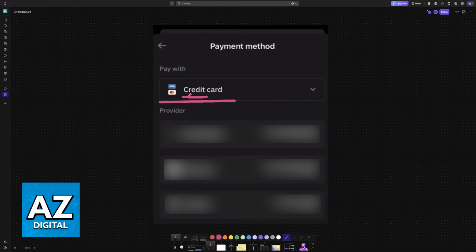If for whatever reason only credit cards are available, then sadly you will not be able to use a debit card for your account or region. It seems like it is a limitation for some places, so keep that in mind. You can still try with this method and see if it works.